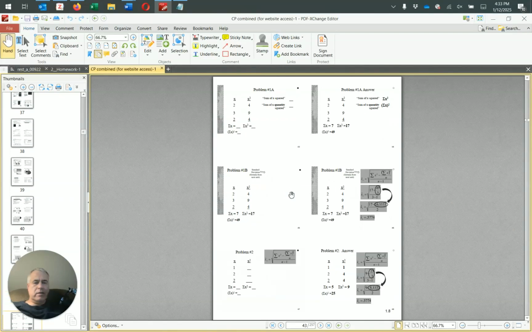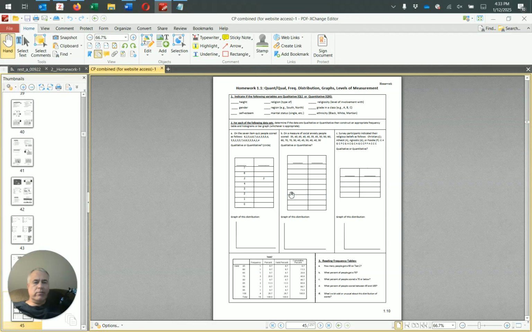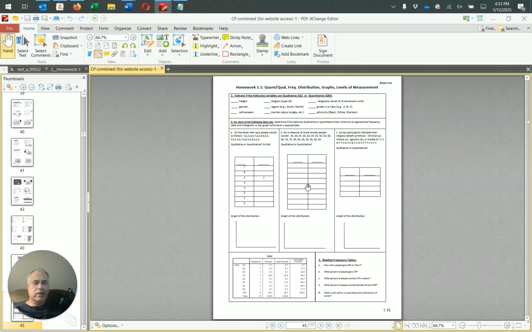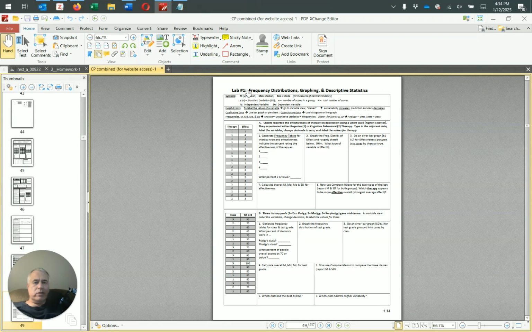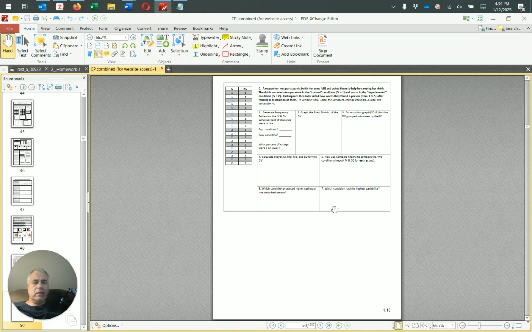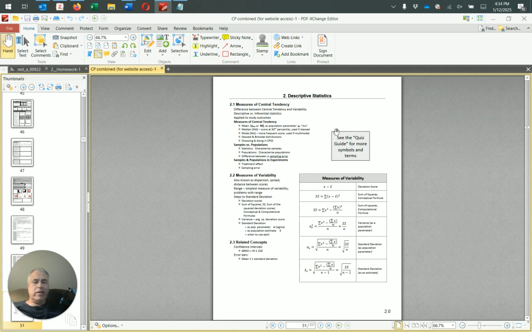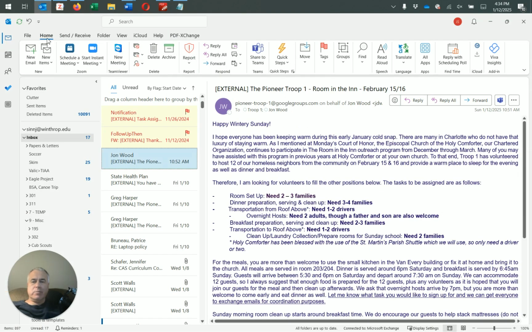After those, you eventually get to homework, and after homework, you eventually get to the lab. I think that's it for chapter 1. Okay, and then we've got the outline for the second chapter. This outline was missing for the first chapter, I just realized, so I'll fix that. It'll be there to start with. Okay, so that is the course pack.